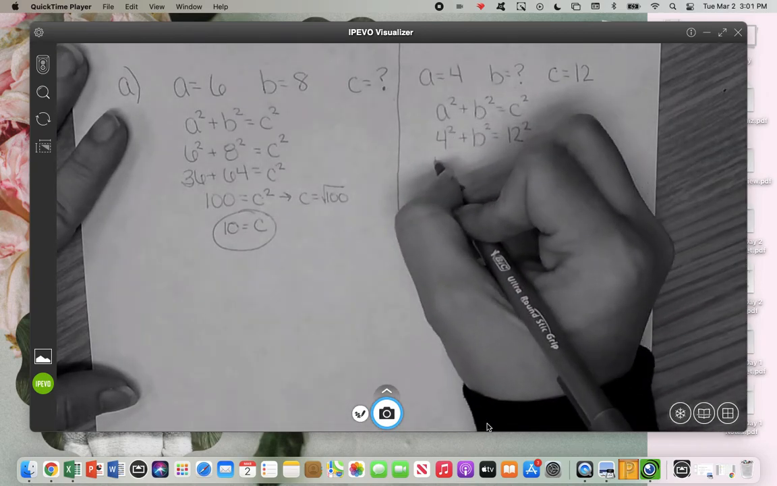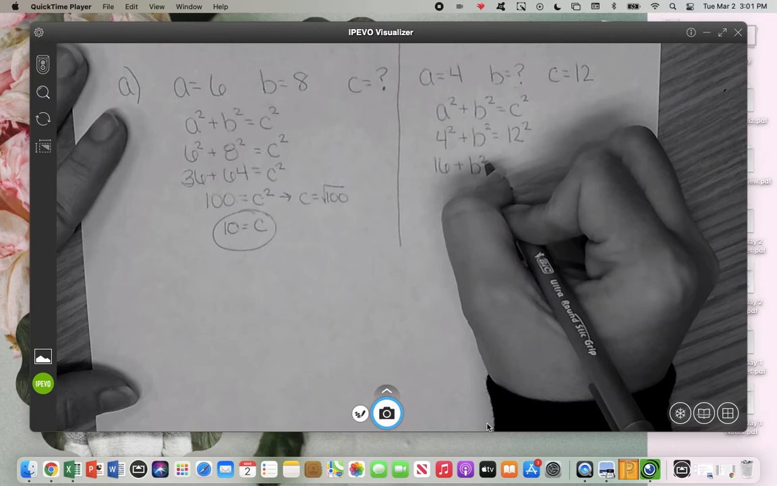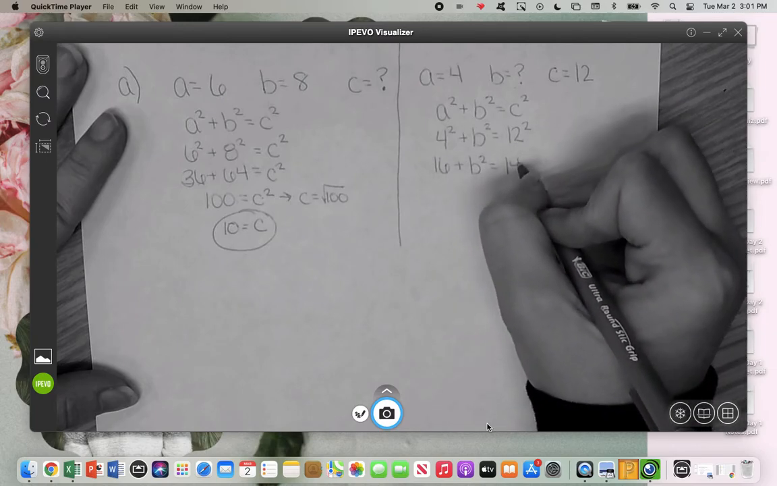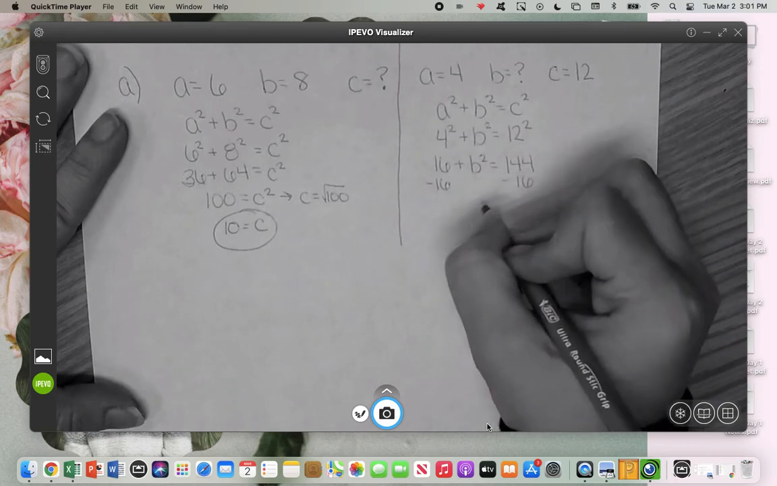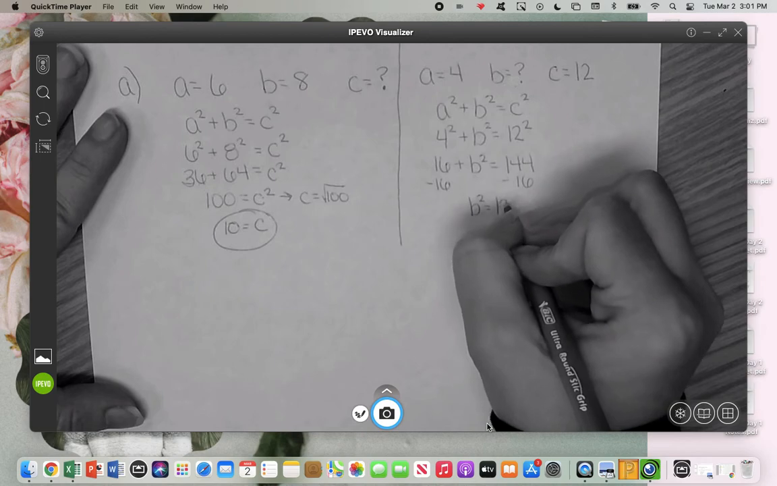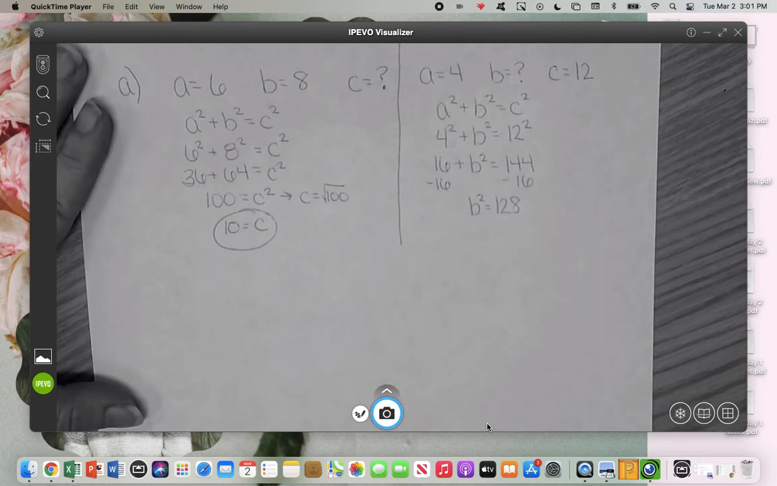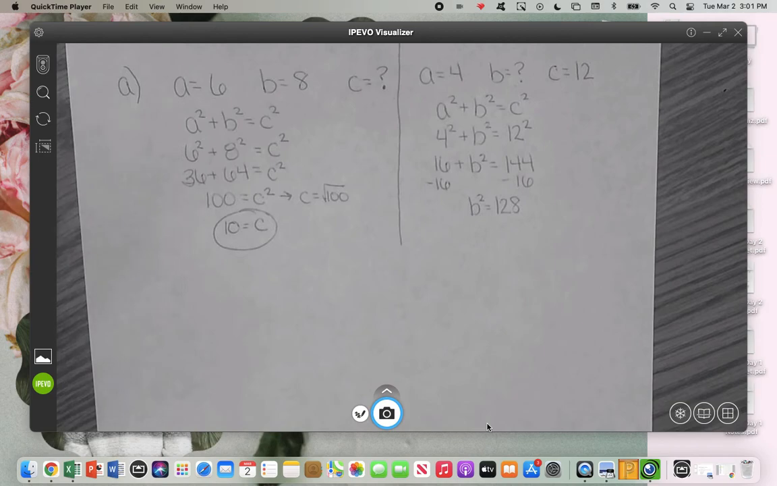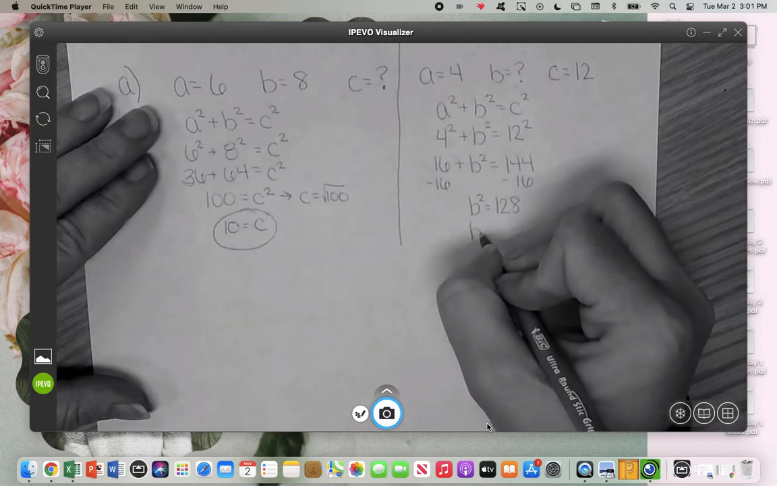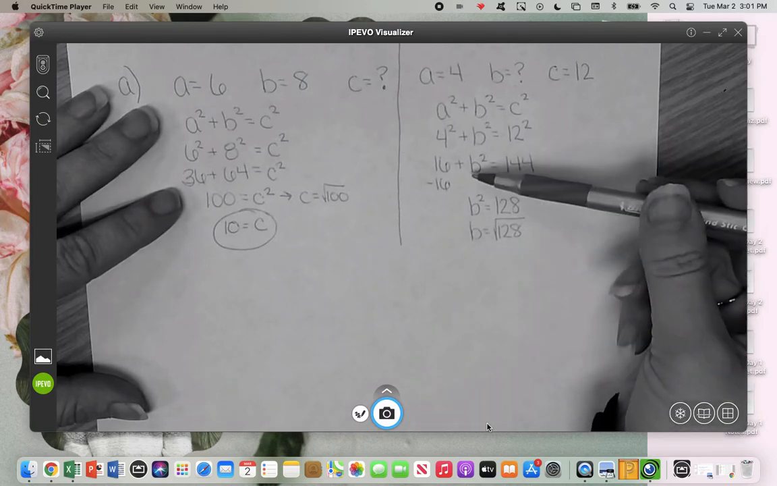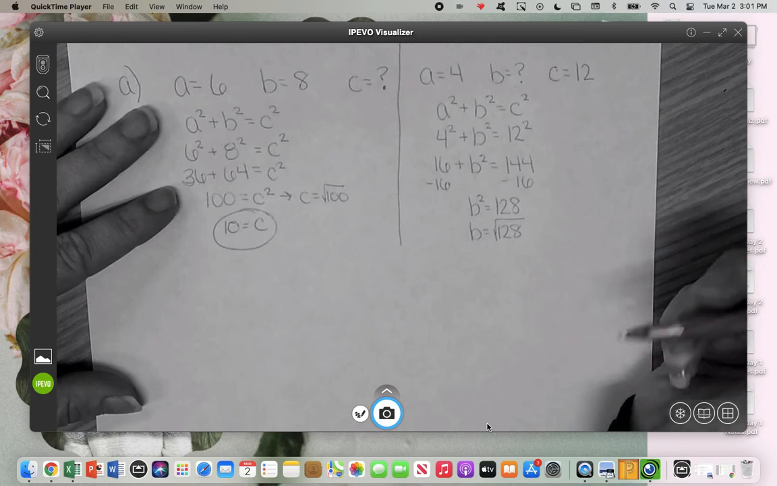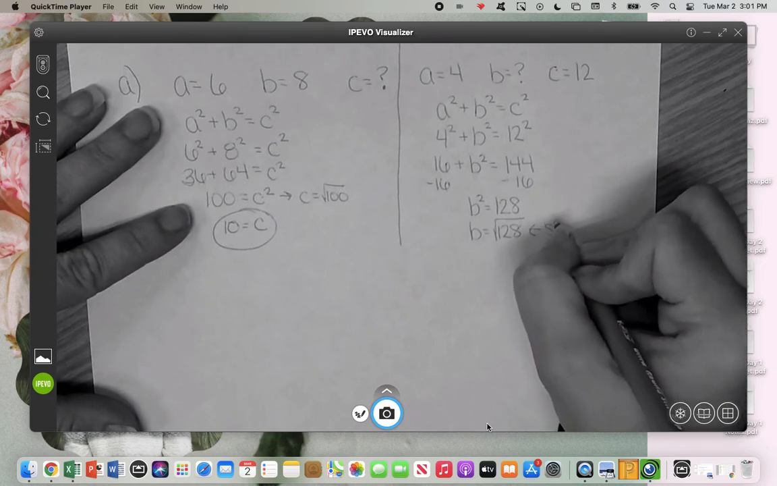Now we know 4 squared is 16. And we have our B squared. 12 squared is 144. So we're trying to get B by itself, so we have to subtract that 16 over. And we can subtract and we get B squared equals 128. Now we could try, but there is not a whole number that when you square it you get 128. So we want to know what is that square root of 128. The opposite of a square is a square root. So we want to know what that is, so we do have to simplify,